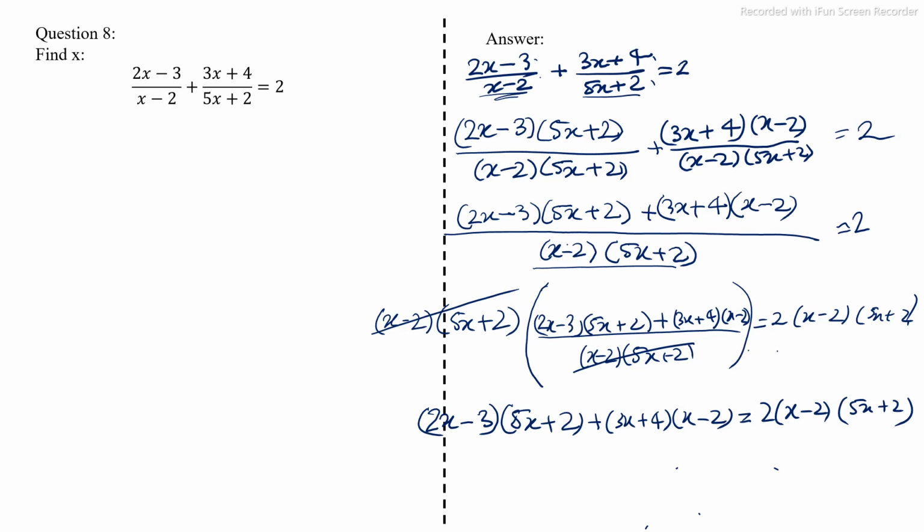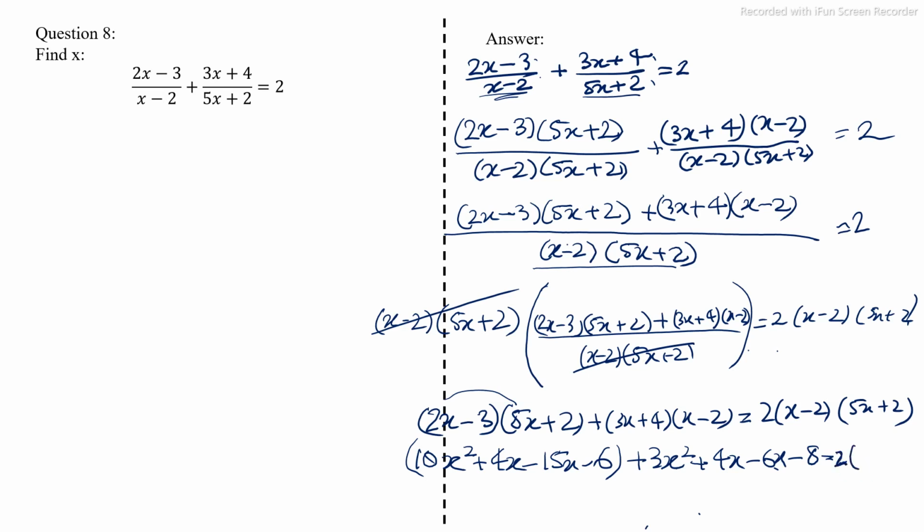Yeah, you have to expand it. So we assume do the old ways. So 2x times 5x is 10x squared. 2x plus 2, that's 4x minus 15x minus 6, plus whatever this thing is, so it's 3x squared plus 4x minus 6x minus 8 equals this thing, which is